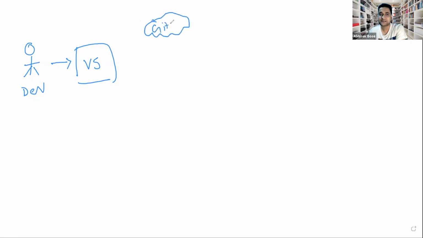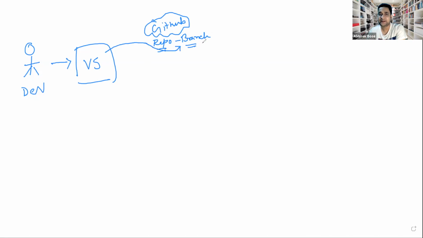Suppose this is GitHub. Over here they have some repo, and in that repo there are some branches. Repo means repository, and a particular branch. Through VS directly, they are uploading their code to that particular branch.